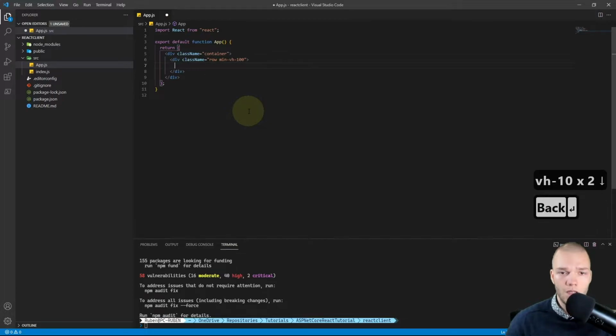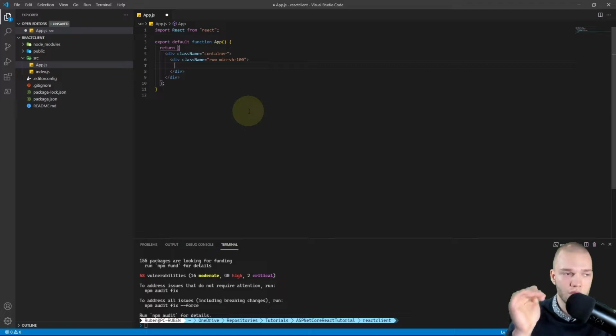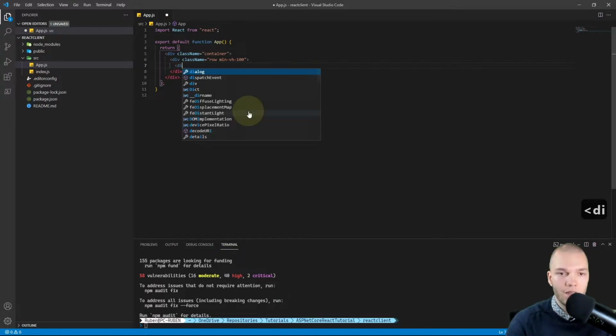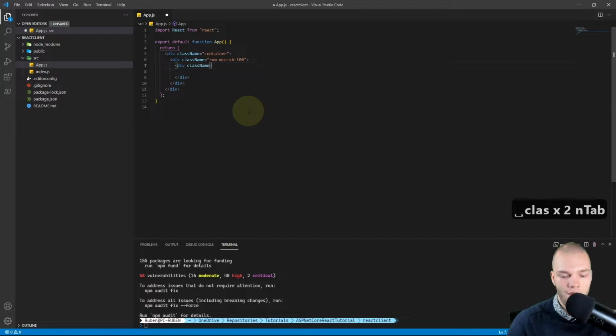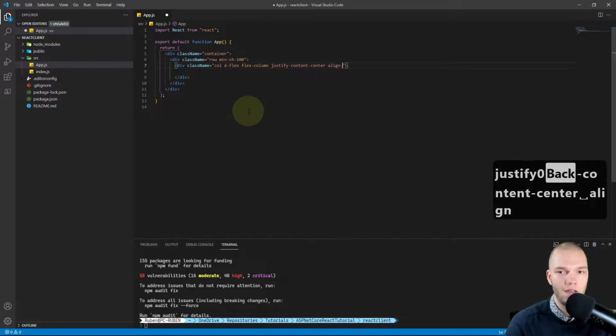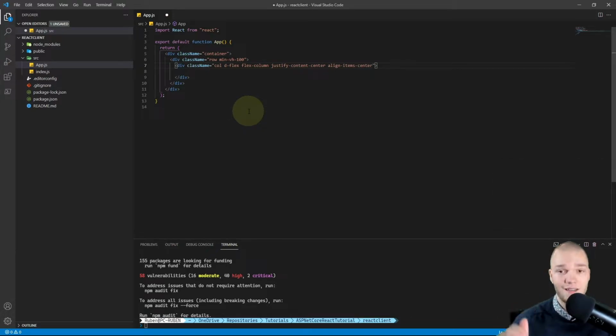So it is 100% of the vertical screen height. And then I'll add another div and add a class name, and I'll do col, and I'll set that to display flex, so d-flex and flex-column. I'm gonna justify content center and align items center, and that will center everything in this div vertically and horizontally.